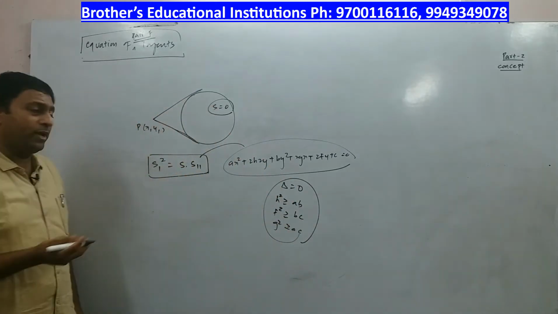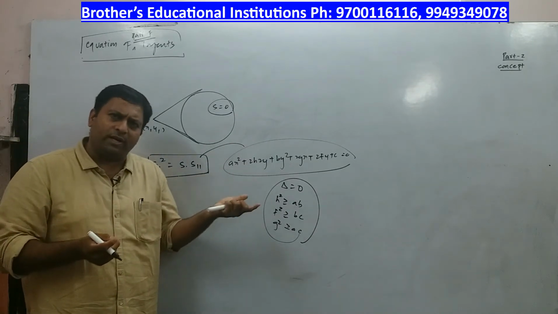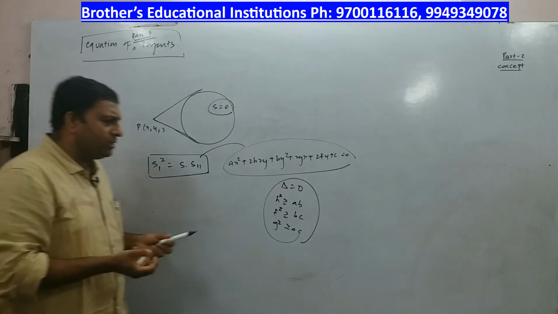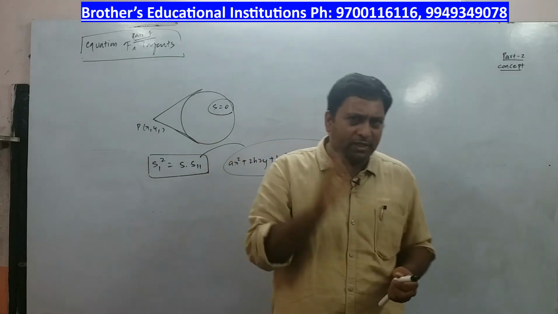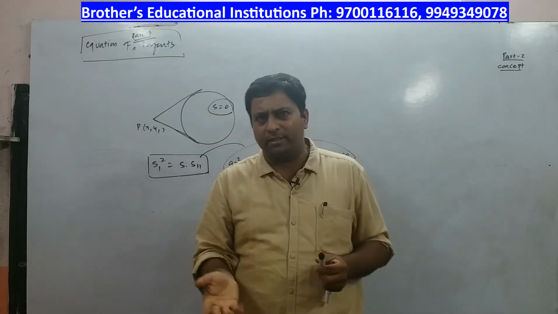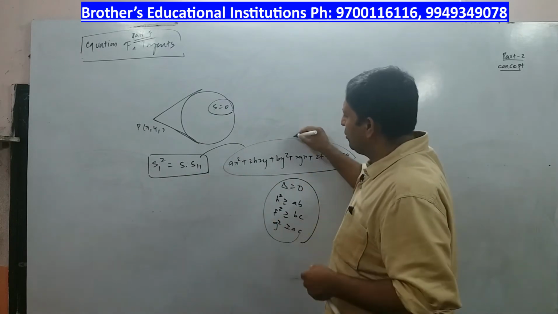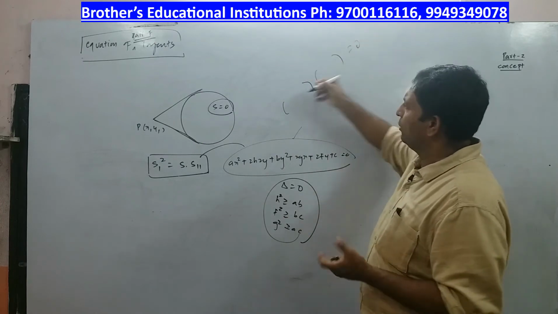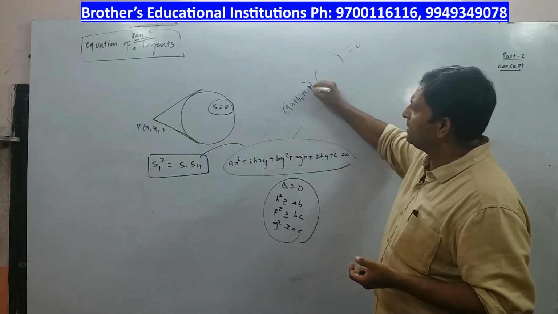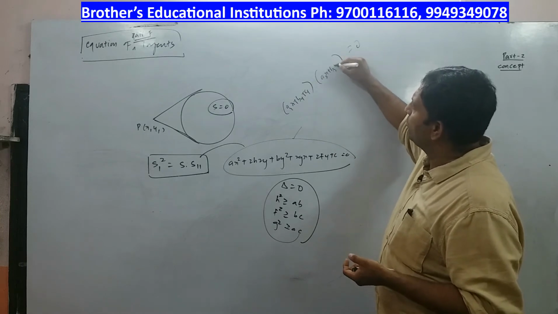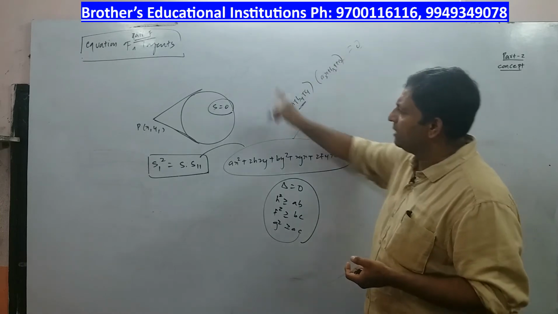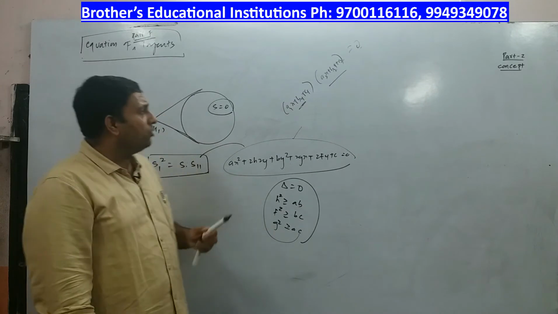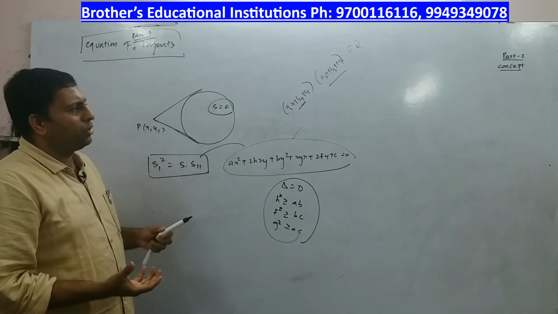And how do you determine the equation of pair of tangents? When point P (x1, y1) is given to you and the equation of circle S is equal to 0 is given to you, S1 square is equal to S into S11. Now in the examinations, they may ask you to find the equation of pair of tangents, or they may ask you to find the individual equations of the tangents. So what do you do, children? You apply the formula. Once you get this pair of tangents, you split or factorize it and write something into something is equal to 0. Meaning you may get (a1x plus b1y plus c1) into (a2x plus b2y plus c2) is equal to 0, where this is one tangent and this is another tangent. So different methodologies are there by which you try to get the equations of individual tangents or the equation of the pair of tangents.